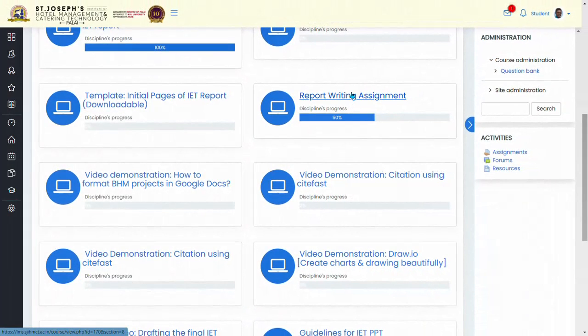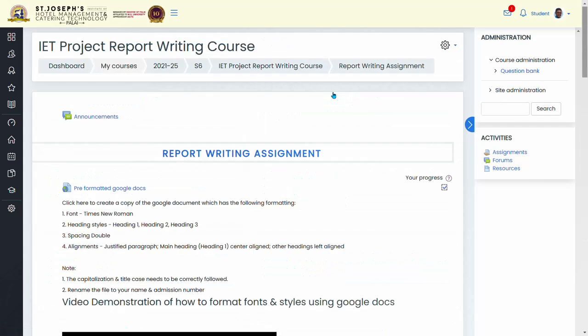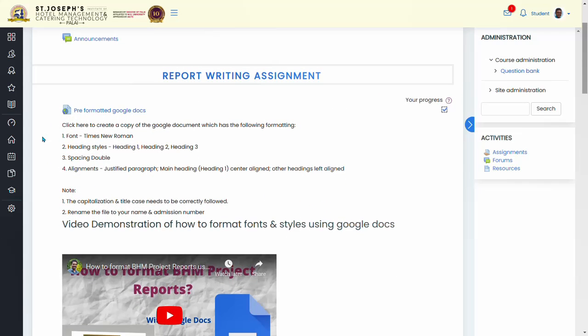The report writing assignment section is the main section that you have to visit every day to submit your assignments. So when you click there, first you can see this pre-formatted Google Docs. Now, Google Docs is a word processing software provided by Google, the search engine giant. I would suggest that all of you use Google Docs to compile your IET report